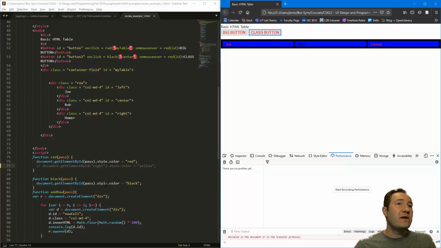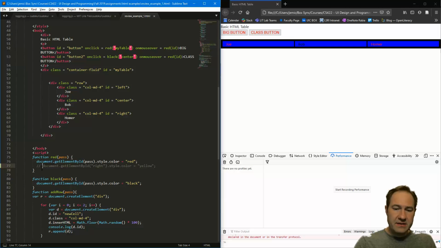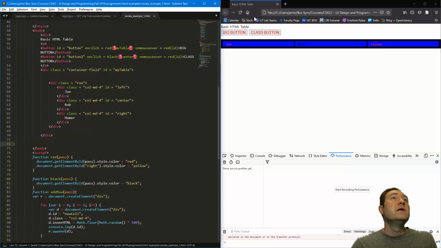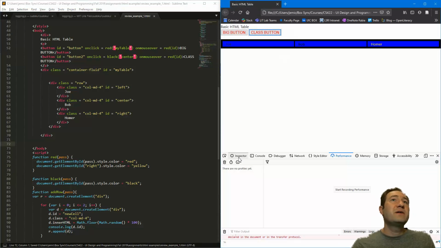So how could we get this so that when we press the big button, Homer will become yellow? Well, I just added a little bit here that I can uncomment, and we'll use that. Now we can also have it get the element by ID right and update the color to yellow. Note that if we did it here with this passed one, it would just do it for my table, so it would do it for all of these ones, and it does work in order here. So this first one would happen, so it technically would turn red first, and then this second one would happen afterwards. So let me save this, refresh my HTML, and you can see the class button will